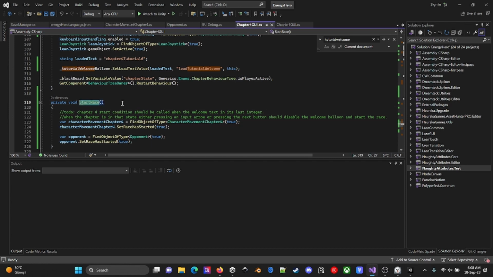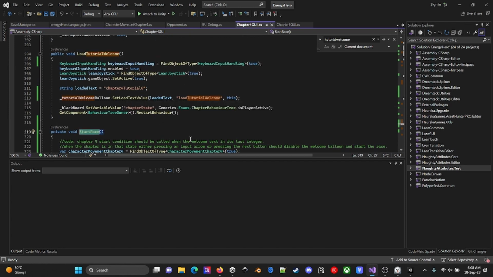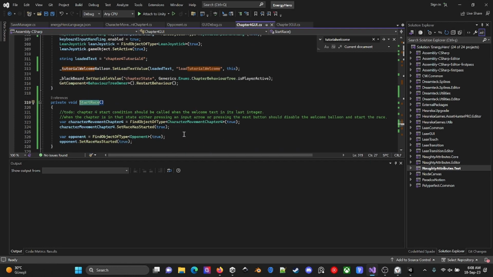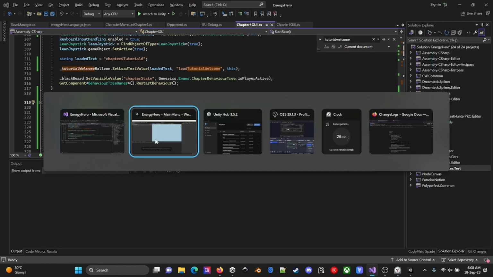This is the start race method I added yesterday. This is chapter 4 GUI, my main script for the chapter 4 section. I want my game to call this start race method if I press the next button, or if I press any input buttons, the arrow keys for this section.